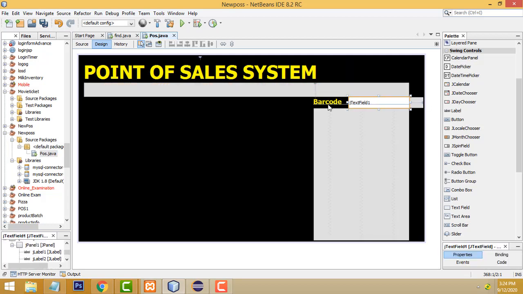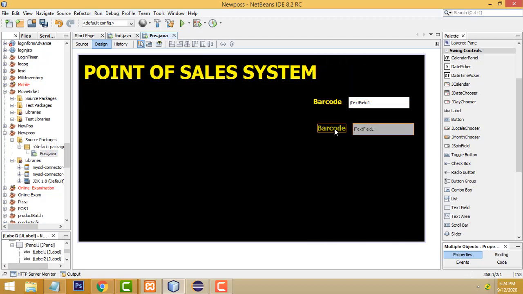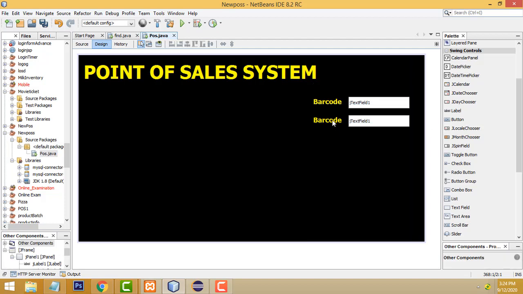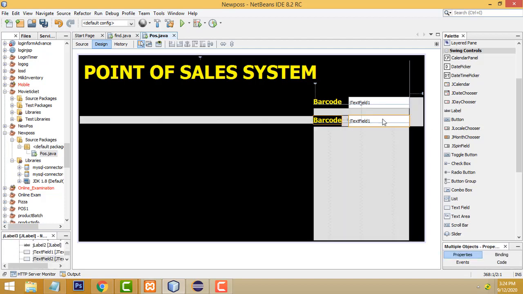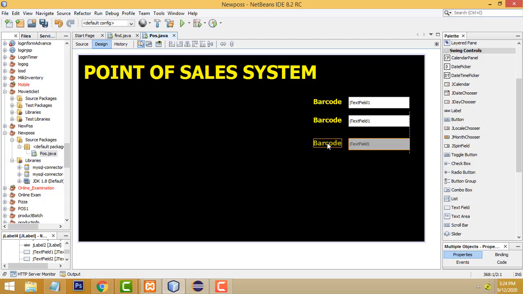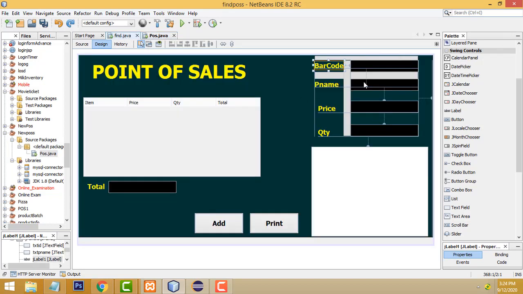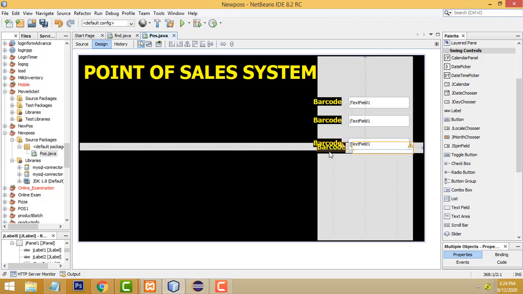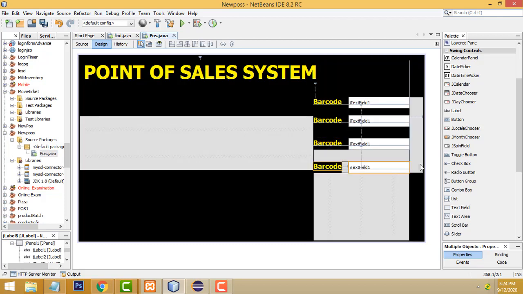The same thing, hold the control key, then select both, Control C to copy, Control V to paste here, drag below, second one, third one, Control C to copy, Control V to paste here, right? Last one, Control C to copy, Control V to paste here, right?